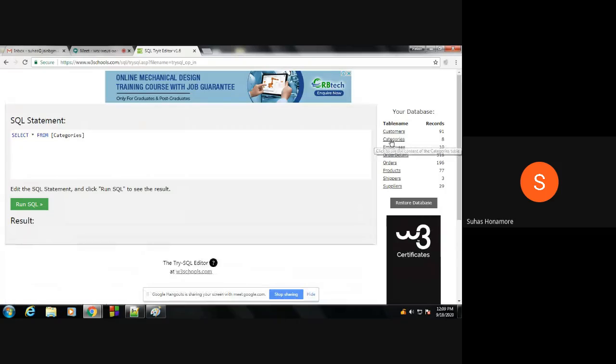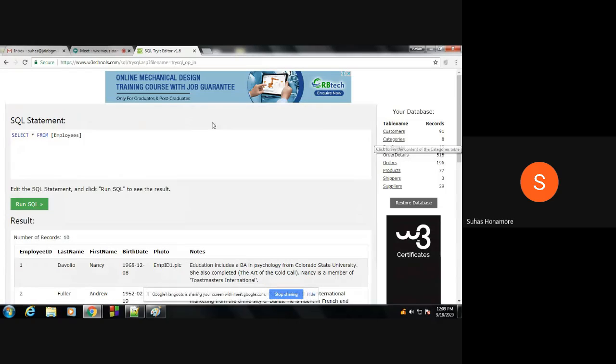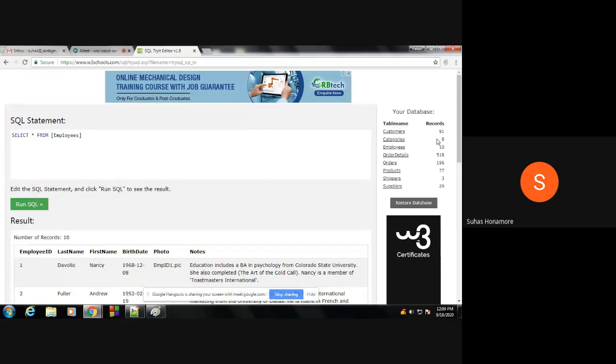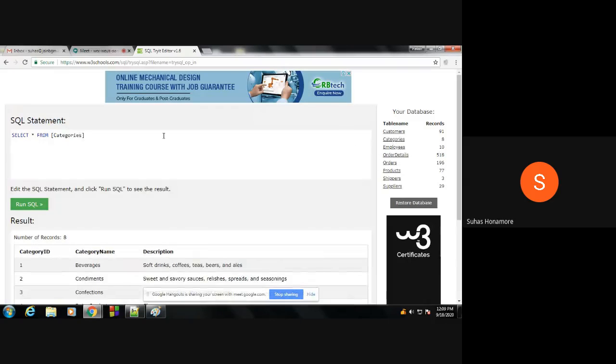So now, can I give two table names here? Suppose category and employees, so two tables are there. Here category is there, so we'll remove this one, then comma, employees. When I give two tables, what will happen?